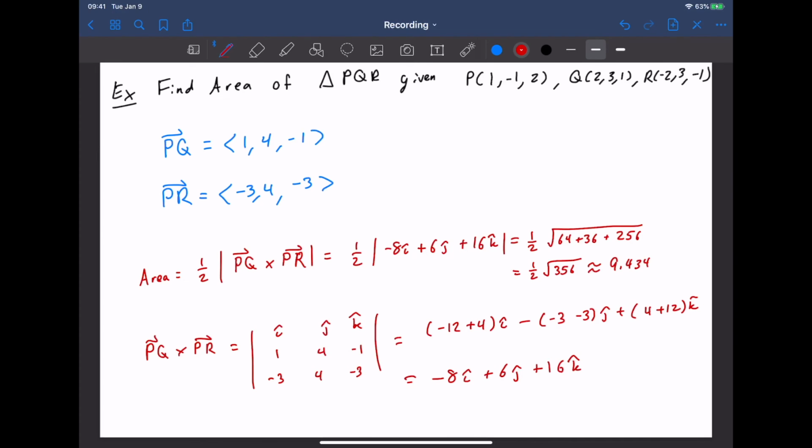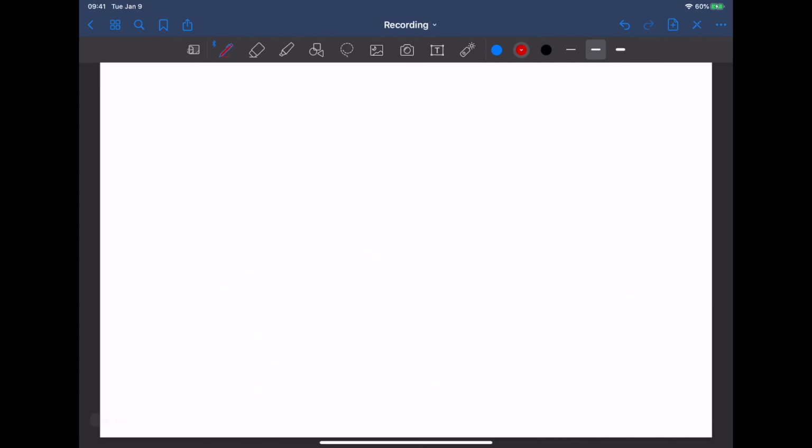So let's do another example. So why don't you try this one? So given P at 1, 4, 6, Q at -2, 5, -1, and R at 1, -1, 1,